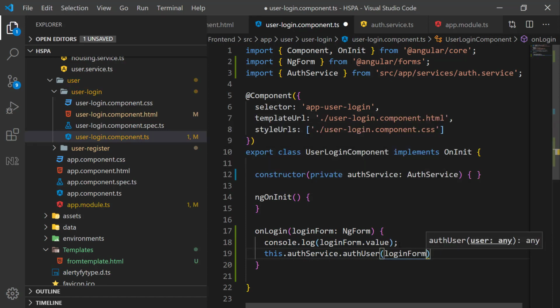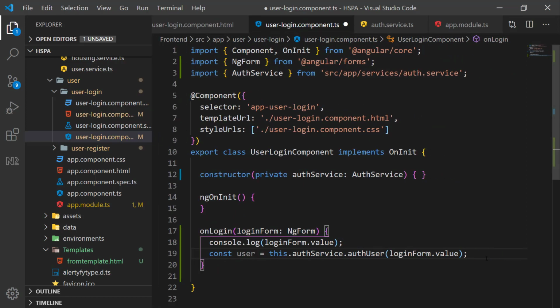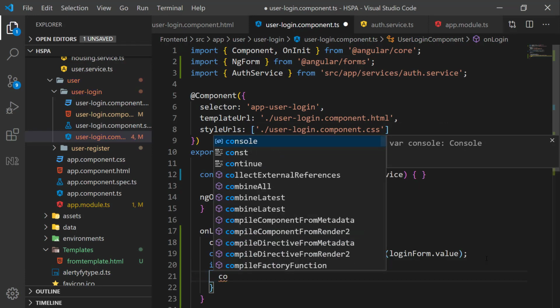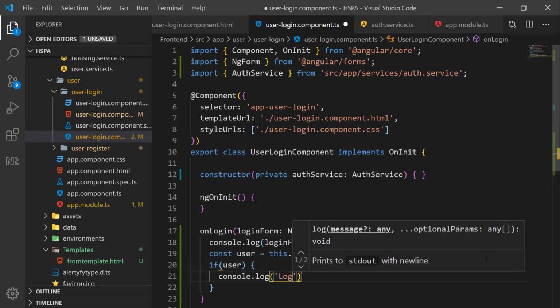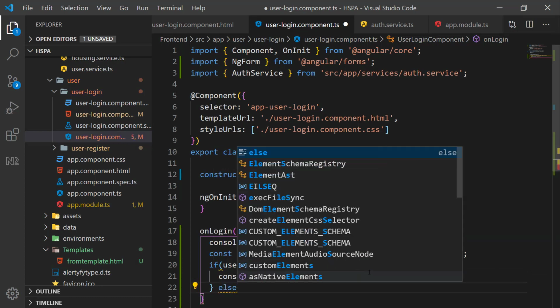We can pass login form.value here as a parameter. Let's assign it to a constant named user and check it here in an if statement. So if our service returns a user, we log a message login successful, else login not successful.